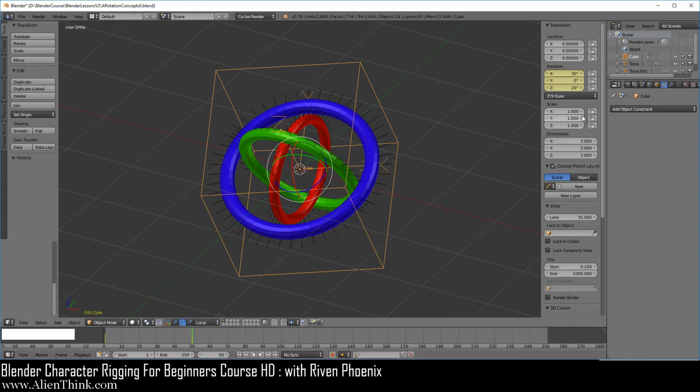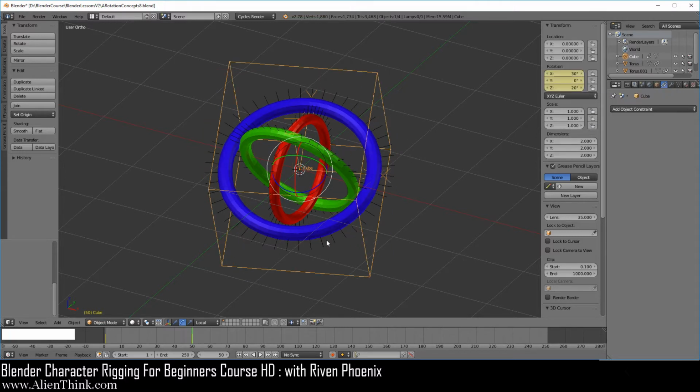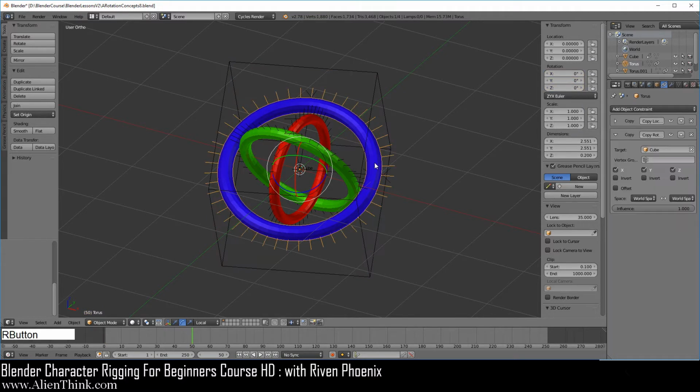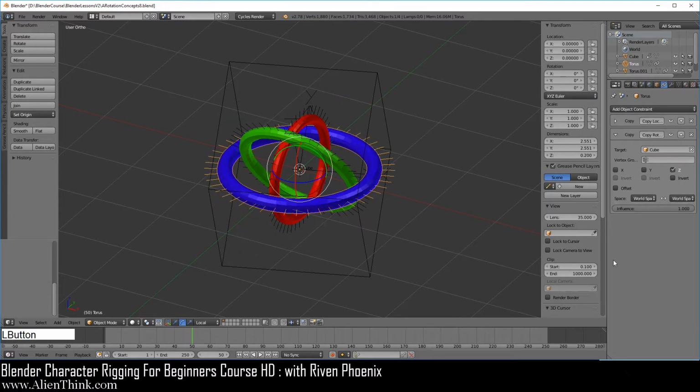Okay, so now if you go ahead and flip this back to XYZ, you will see that why it ends up in this orientation is because it's rotating on the X ring first and then the Z ring last. So go ahead and click this, switch this back to XYZ, and over here we're going to simply turn these off.